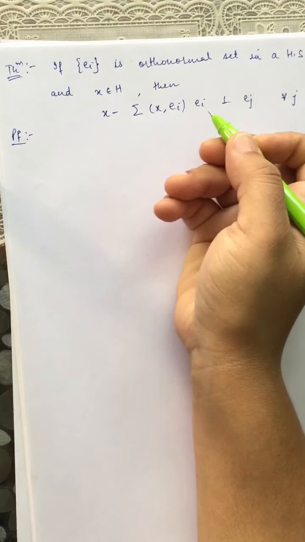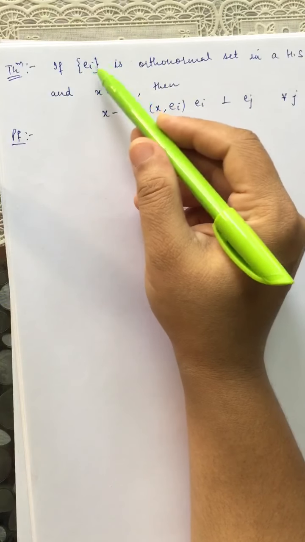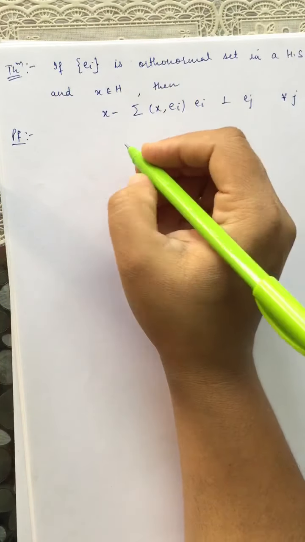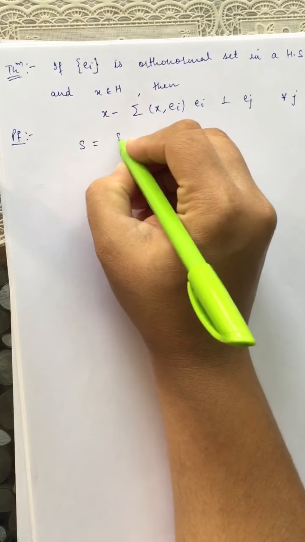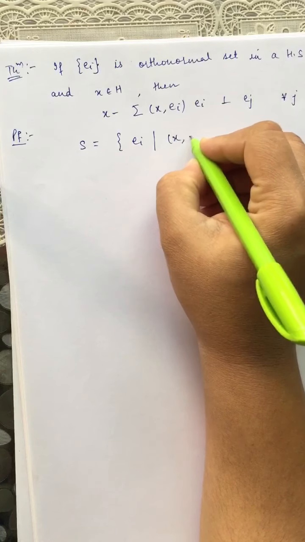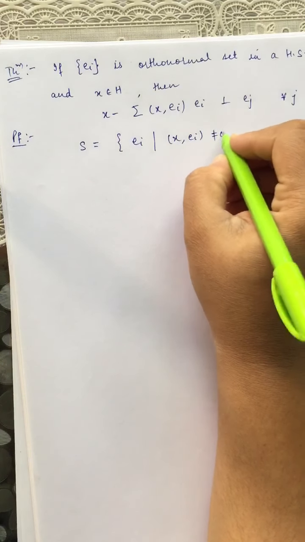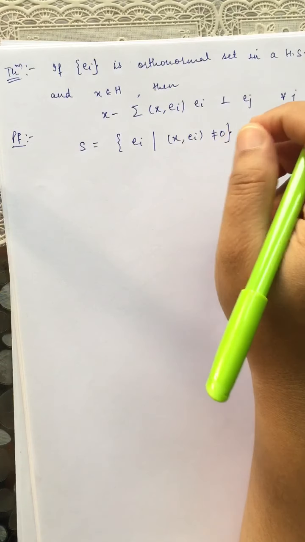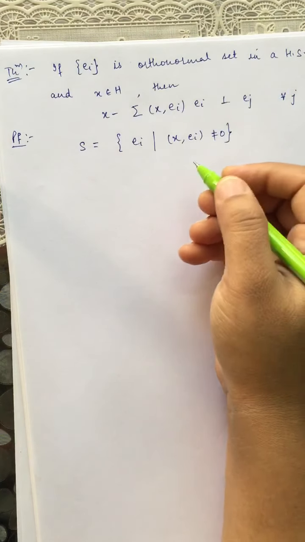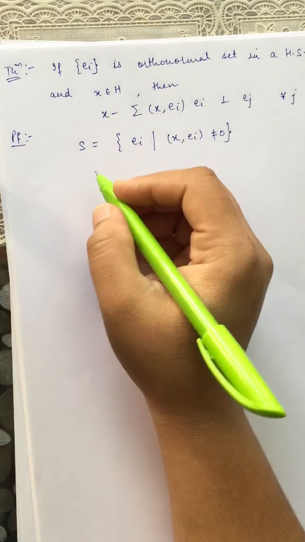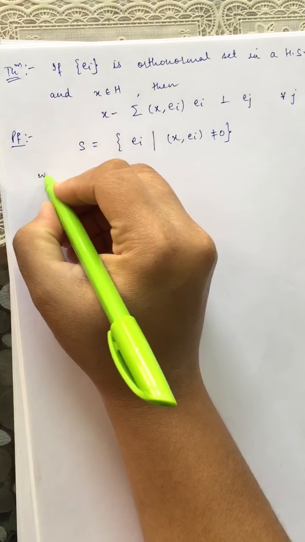So we have proved this theorem for the finite case, when this is a finite orthonormal set. So again we define here the set S, which is the collection of all the vectors e_i for which (x, e_i) is non-zero, which means all those e_i for which x is not perpendicular to e_i. Then we know that this S is either empty or a countable set. So when S is empty,